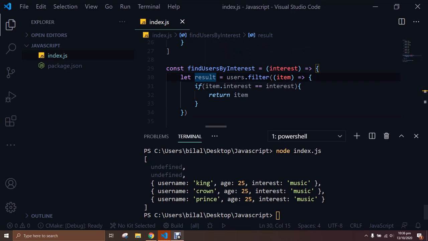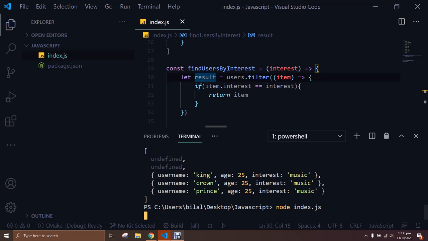So if I just run this code now, using filter instead of map,